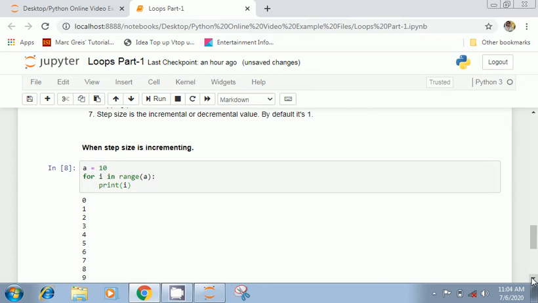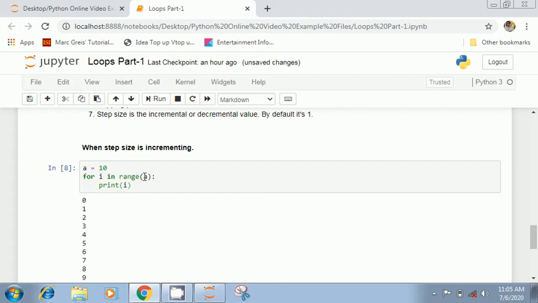Let's see this. For I in range A, by default this is a value. This means that it is starting from 0, because I am not mentioning from where to start. It is starting from 0. It's going up to A minus 1, because the A position is not included.